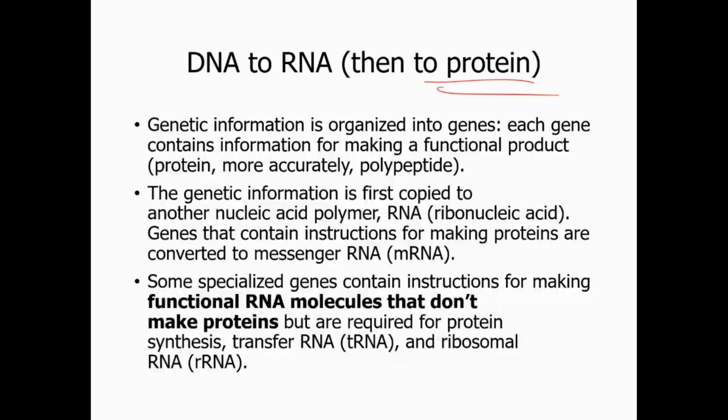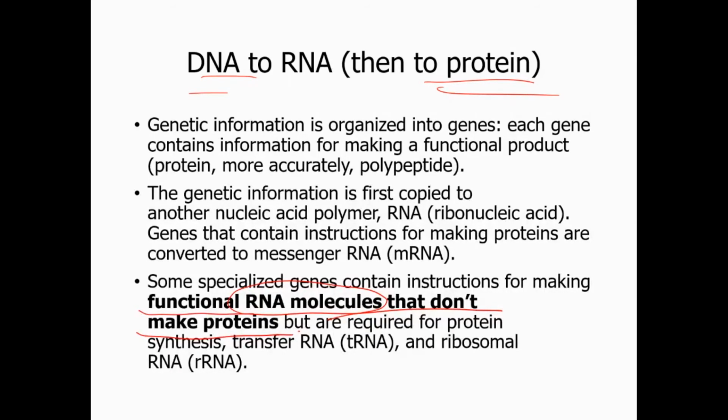Oh, there is an important piece of information here. That's why I have this in dark, bold text. Some specialized genes contain instructions for making functional RNA molecules. Okay, so remember I talked about how we use the information in DNA to make proteins, right? But there are some genes that do not make proteins. Instead, they will provide instructions to make RNA molecules, because we need those RNA molecules to